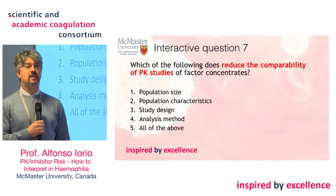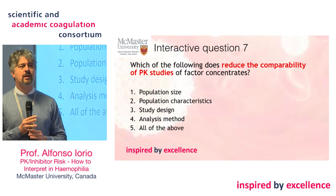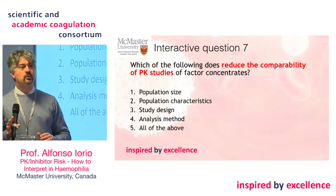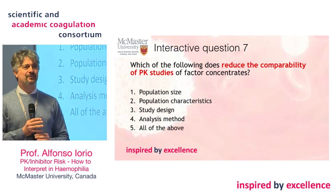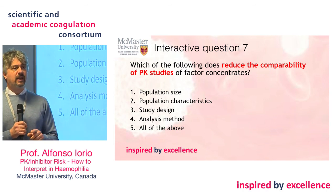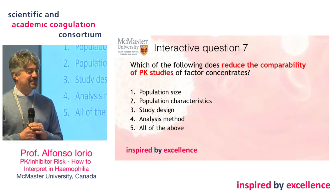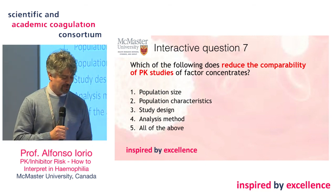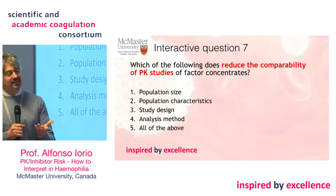Sometimes you see a crossover study, well, that's nicer, the same population gets both concentrates, and then to analyze one and the other, they use two different methods. Well, that for sure usually doesn't help the comparator, unless in one single case that was published where the method was helping the comparator, and I still need to understand why that was the case. I won't cite the study for